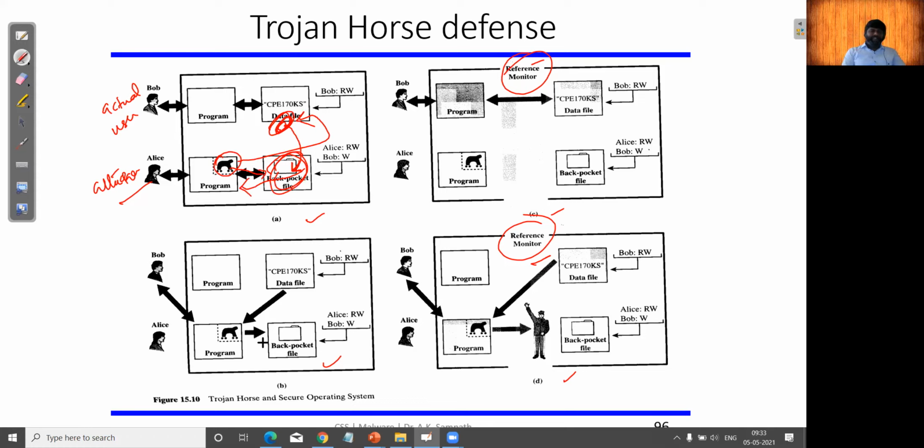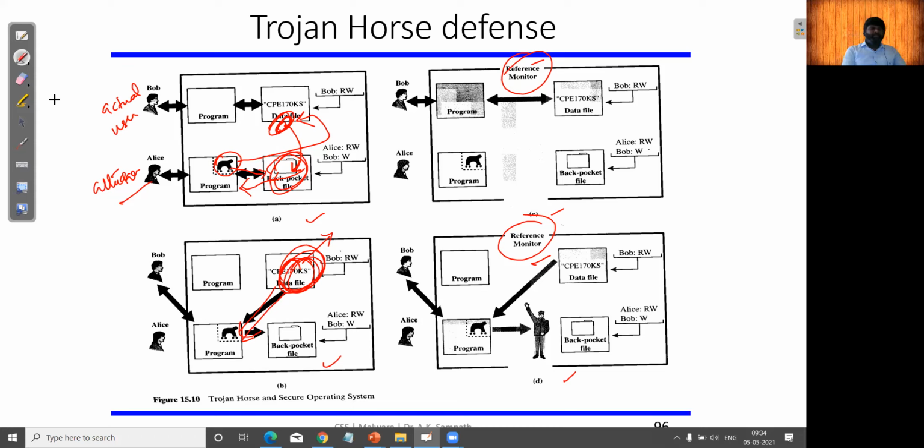Once the code is launched, from that moment, with the help of this back packet file, the attacker will get the complete information about access to the file, right? They can make changes in these files, maybe change the access ID, or delete the files.